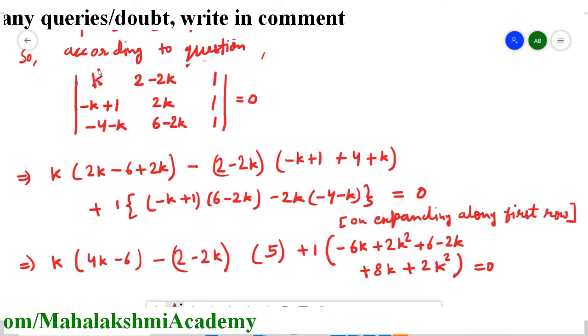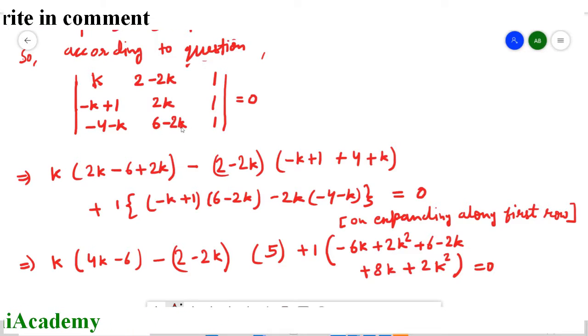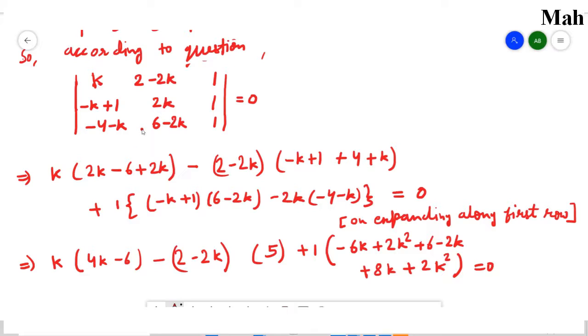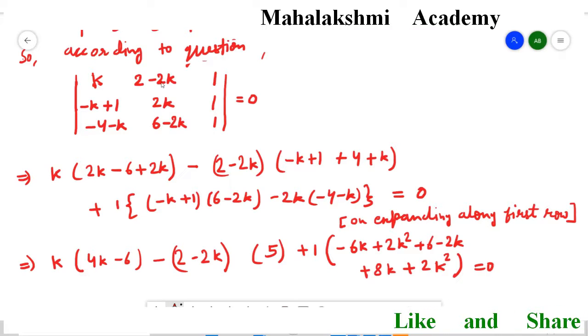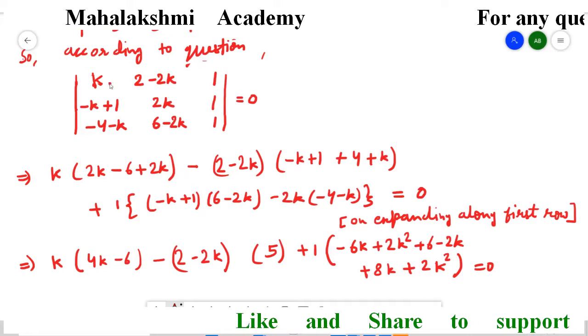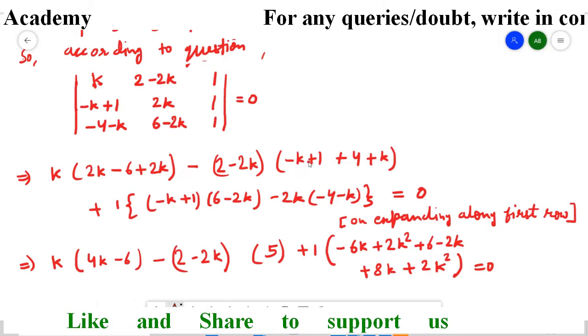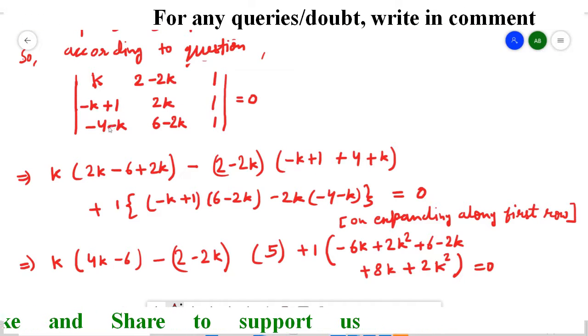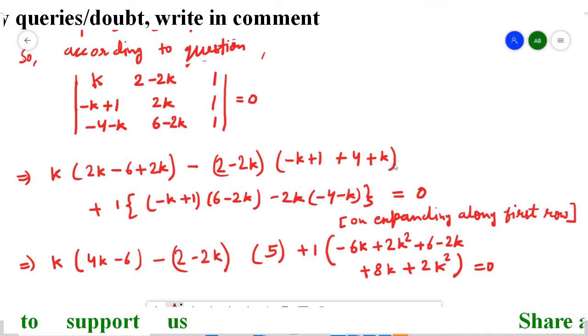So first k, then for the minor we'll cut it. So we are left with these 4 elements. Then 2k multiplied by 1 is 2k. Then 6 minus 2k multiplied by 1 is this. Because of the minus in the formula, the sign will change here. Then this place is going to be negative, because its place value is 1 2, which is an odd number, so it's going to be negative here. And then for the minor we'll cut it. So when we cut it, we are left with minus k plus 1 and this. So minus k plus 1 multiplied by 1 gives us 1. Then 1 multiplied by this, and since minus used to come in the formula, that minus will multiply, so we'll get a plus sign.